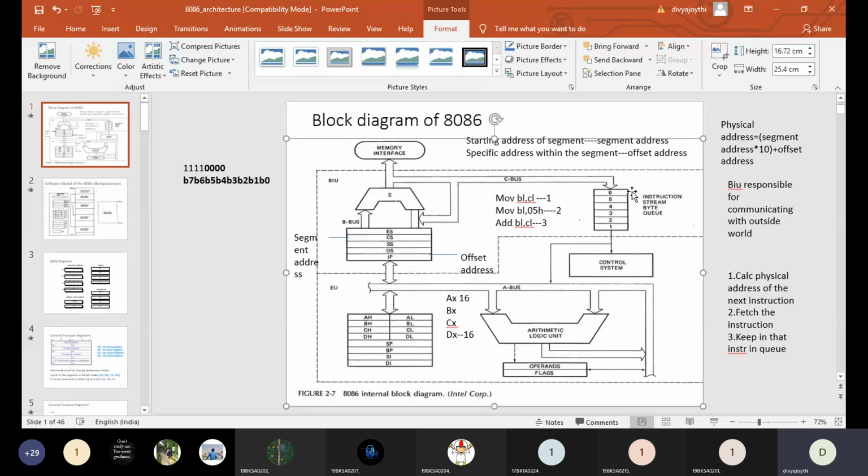So finally what I am trying to say is that whenever there is a minimum free space of 2 bytes, only then will the BIU fetch the next instruction. Guys, are you clear with this statement? Yes, ma'am. It will wait for 2 bytes because at a time it can get 16 bits. Then why should it go for 8 one time and 8 another time? Instead of going there and coming back 2 times, at a time it will get the 16 bits and fill the queue. Isn't it?